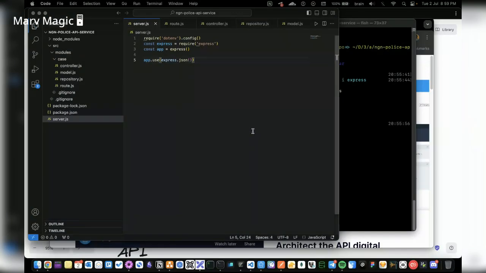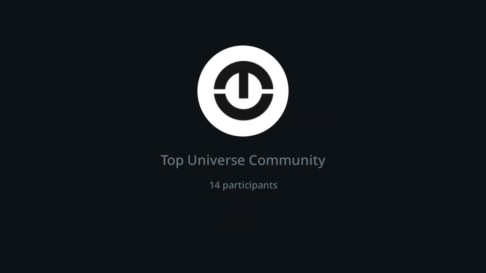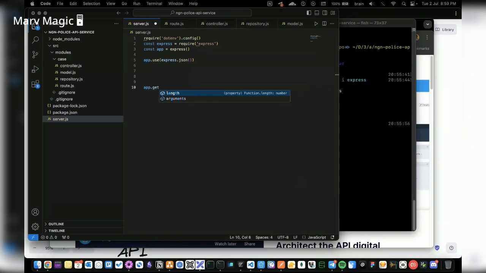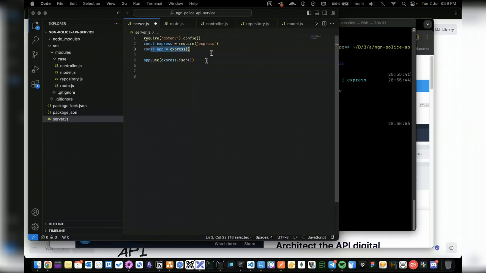Okay. So I'm just going to test a very simple one here. I'm going to say app.get. I'm sure I can do that, right? Let me see. Just trying to be sure here. So if I have app express, oh right, okay.